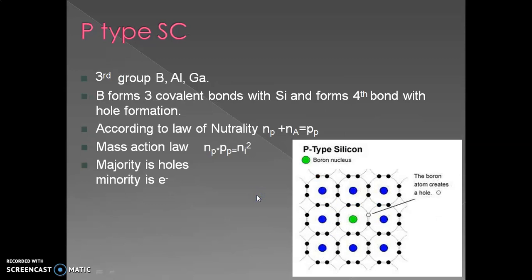And the P-type semiconductor material uses third group elements: boron, aluminum, gallium,